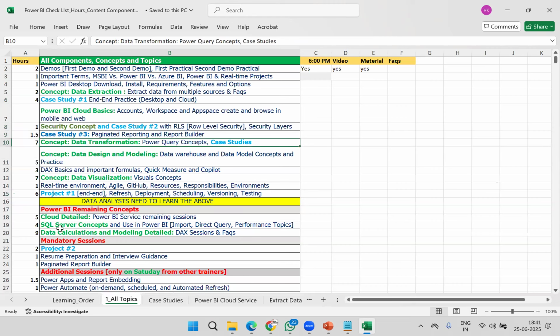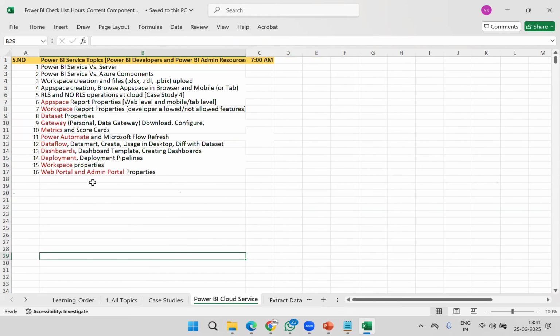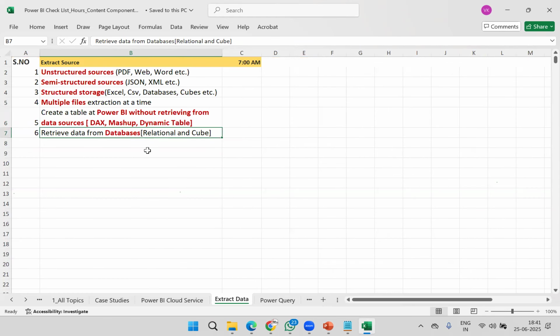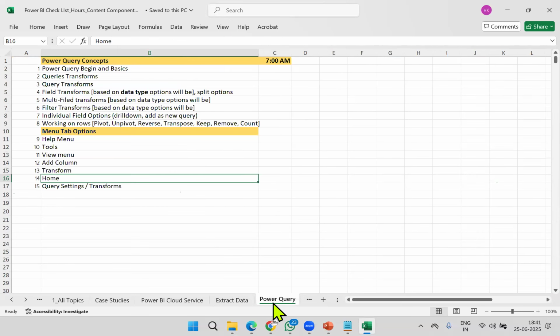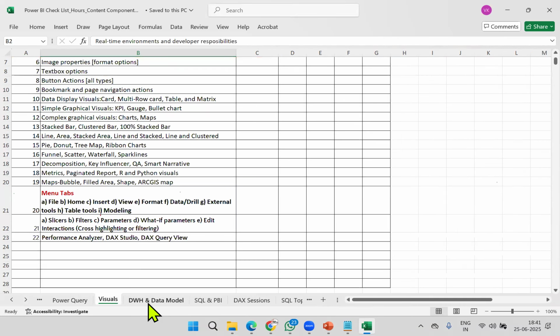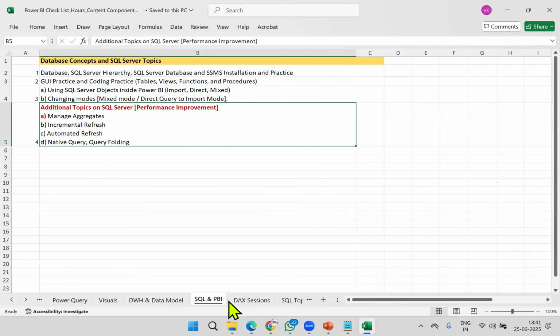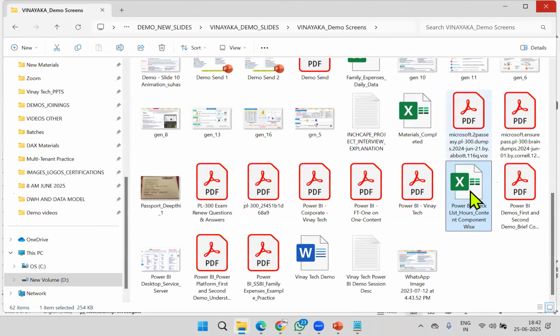And if there is a particular topic you want to see, I said cloud. Cloud topics, I'm covering this. Power BI cloud topics. To bring the data, this is the content I'm covering. Power Query, there's a topic called transformation topic. Power Query, this is the content I'm covering. This is the in-detail course content. You please look into it. So what type of SQL am I covering in Power BI? I clearly mentioned this is the part I'm covering. So please go through this checklist for the detailed course content.